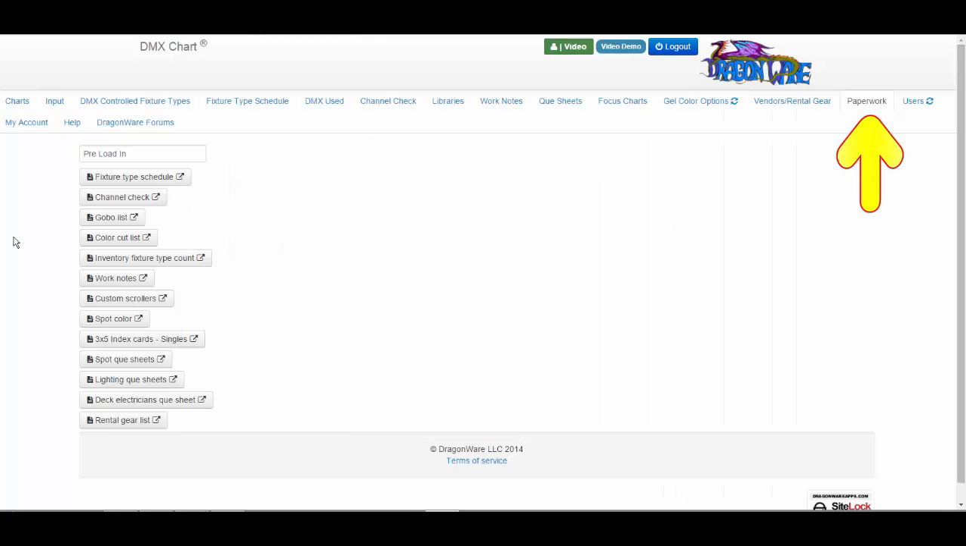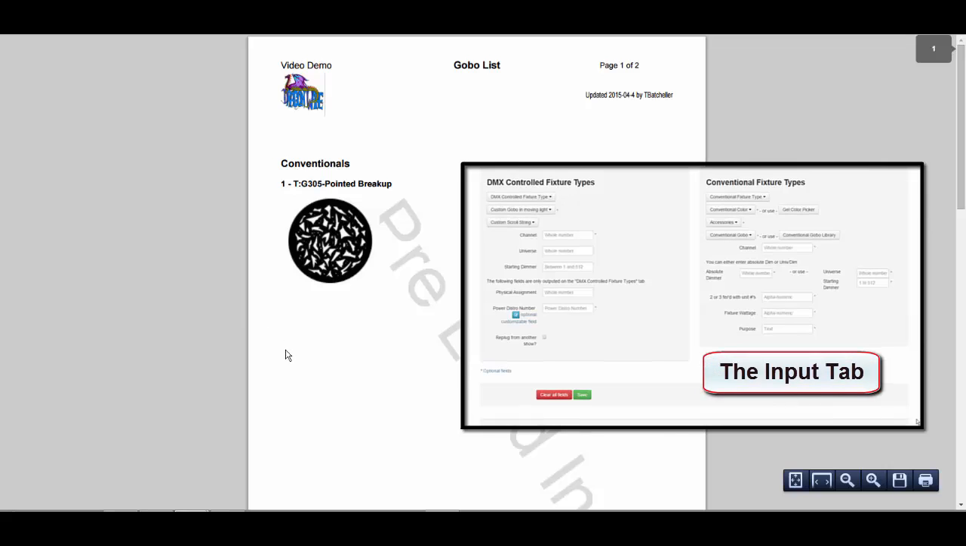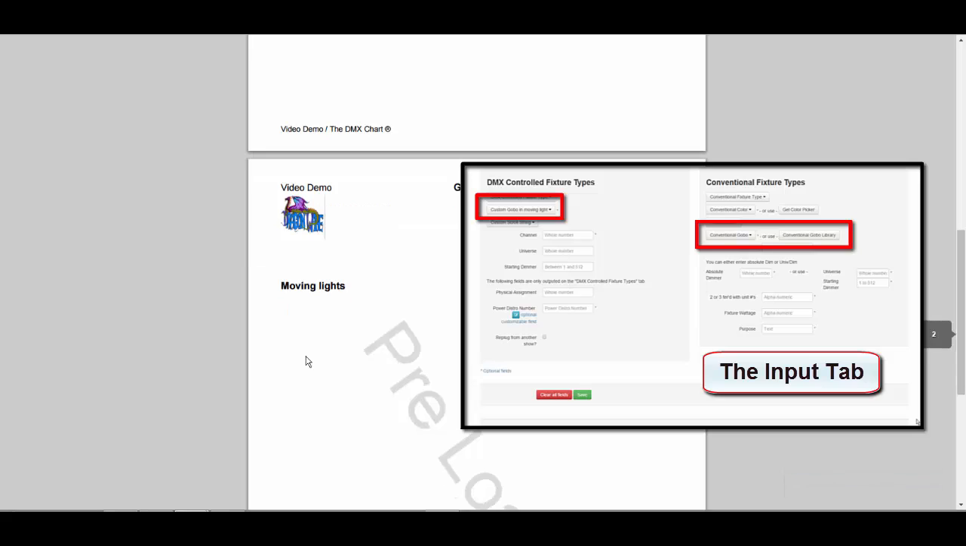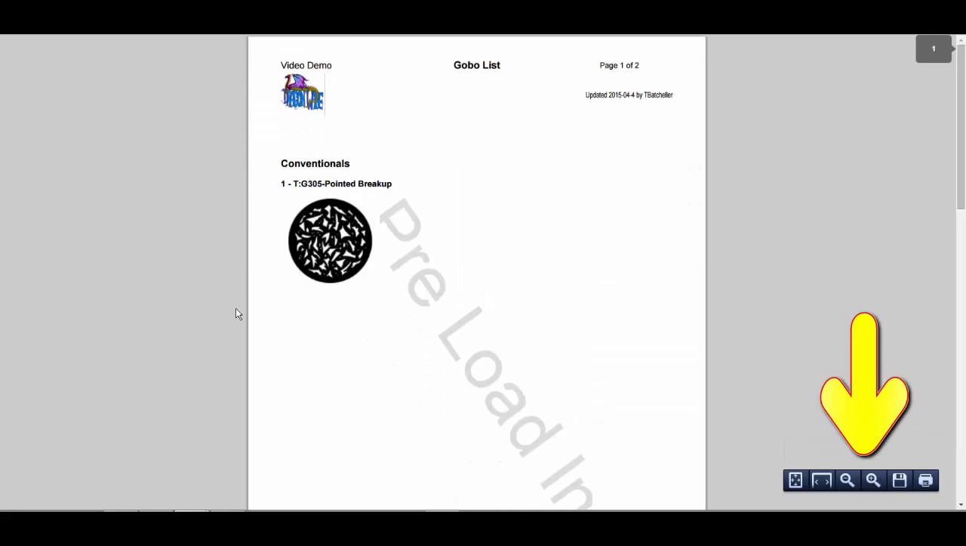Going back to the Paperwork tab, let's take a look at the paperwork for the gobo list. Here it will list all conventional gobos and all moving light gobos that you added to your show or shows from the Input tab. And mousing down to the lower right-hand corner of your screen brings up the standard print